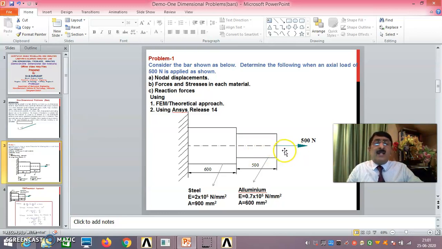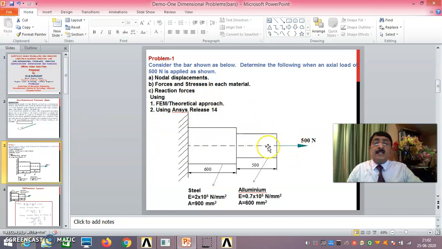At least here, it is not a complicated problem. When the load is 500 Newton, the reaction will be developed at the support only. It will be 500 Newton. Now the load is in the plus direction, so the reaction will be developed here, 500 Newton in the other direction. Okay. At least these things, since this is a basic problem, I am telling you everything.